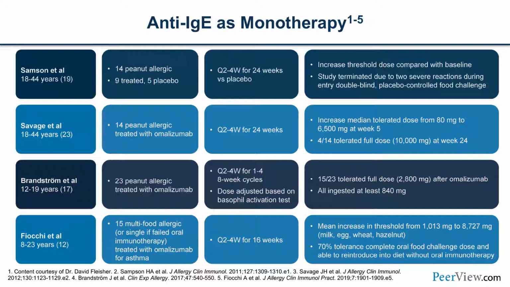peanut oral immunotherapy. Dosing is intermittent, as was mentioned, but typically 1 or 2, sometimes even 3 shots given every 2 to 4 weeks has been effective in these small studies of showing the ability to really change someone's reaction rate or threshold to induce a reaction to peanut or other foods.